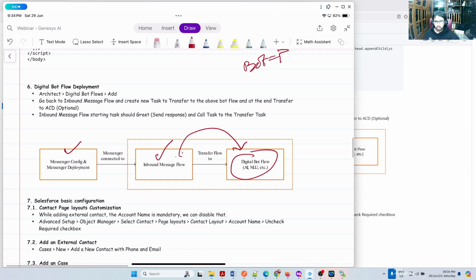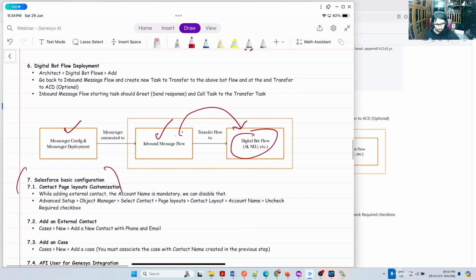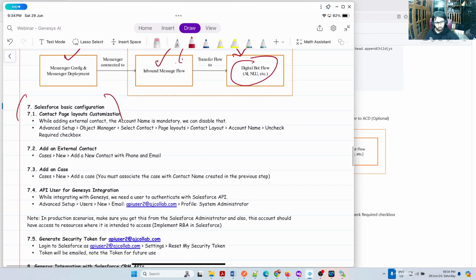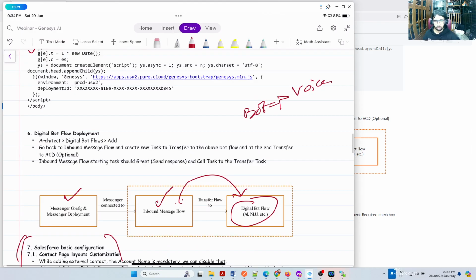So let us create the bot and then come back. At least we will see whether it is integrating well or not. Then we configure the remaining Salesforce part. We'll take a small break after the initial bot, and then after the break we'll cover the Salesforce integration and building all our logic, like how you transfer and all those sorts of things. Okay, so let's go to the architect tool again.